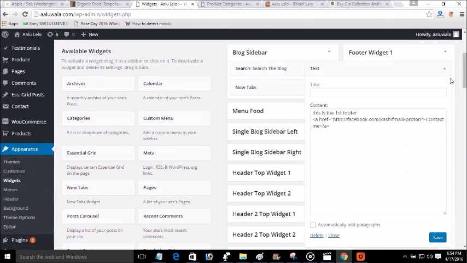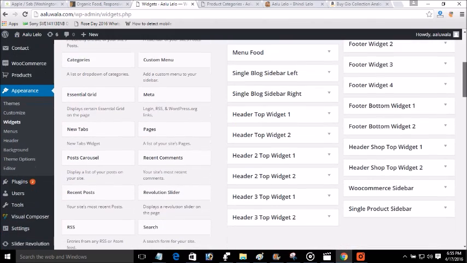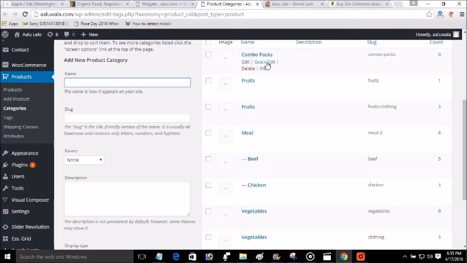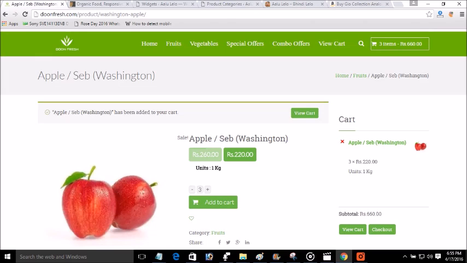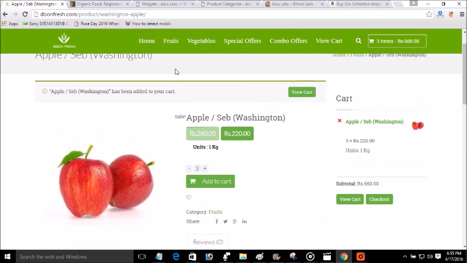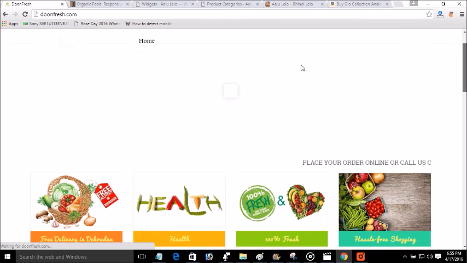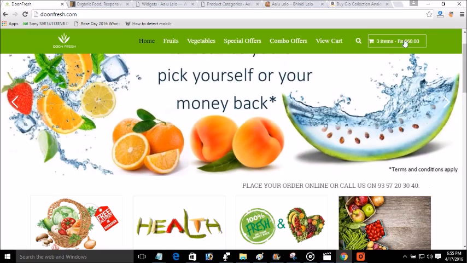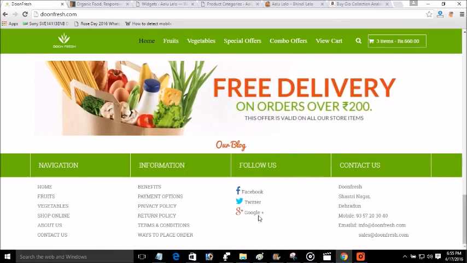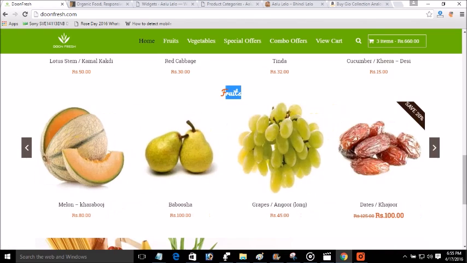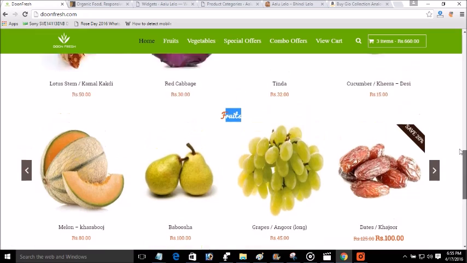And you can add these 4 footers, 3 footers according to the configuration of the theme, which you can do accordingly. And the main thing is the sidebar. Sidebar is which you get on the right side. This is the sidebar. In the product page I want to show this card system, and on the home page I want to make this sidebar blank. So you can do it accordingly. You can also show this card on this menu bar, and these are the footers which will show like this when you customize it. And these are the products, when you check on the fruits category, the fruits will come under this, which we have already talked about.